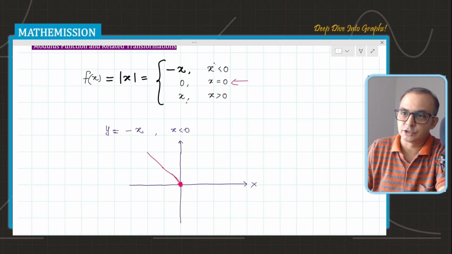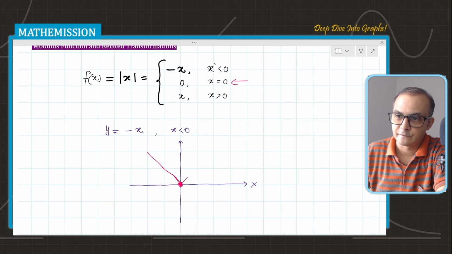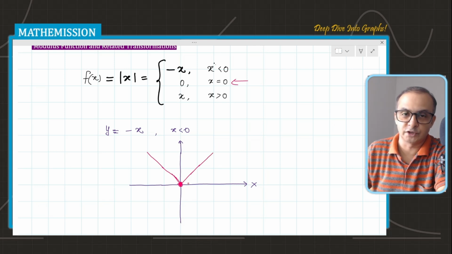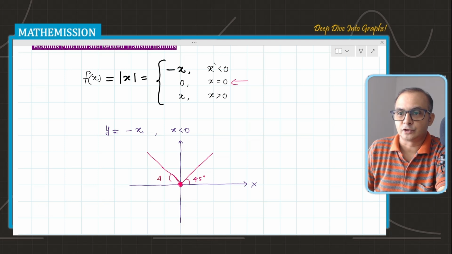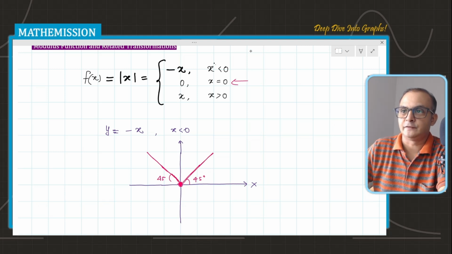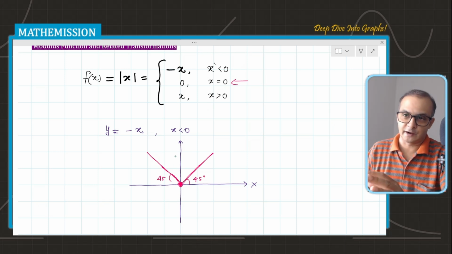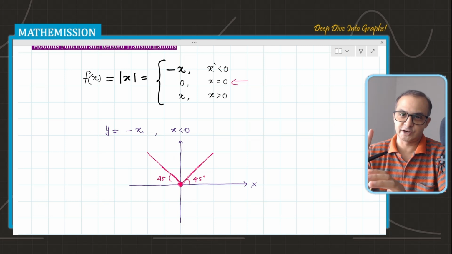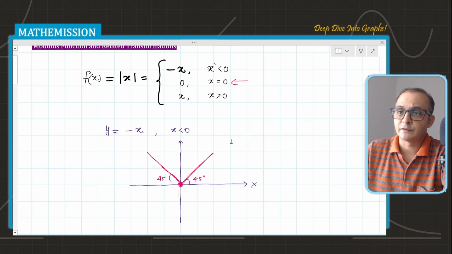Now I have y is equal to x, a line which passes through 1, 1, 2, 2, and so on with a positive slope, a line making a 45-degree angle with the x-axis, and this is also 45 degrees. So this is the line we have drawn for the left definition. This is the line we have drawn for the right definition, and combined we say that this is the graph of modulus x. It means the graph is a V-shaped graph at the origin. So this is the graph of the modulus function,